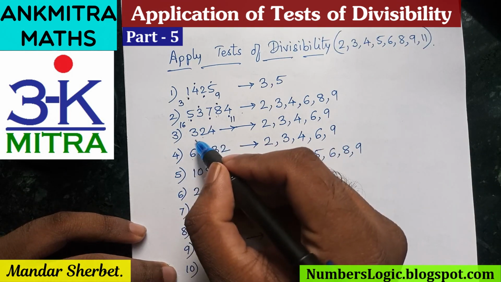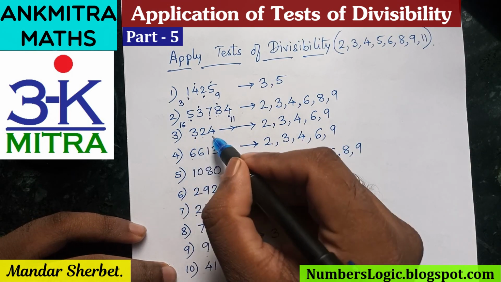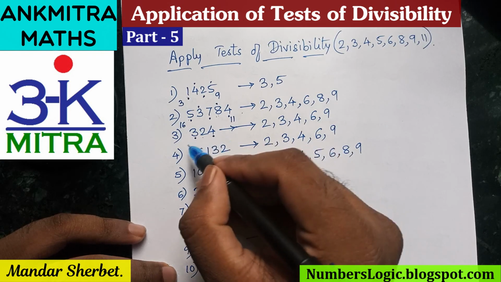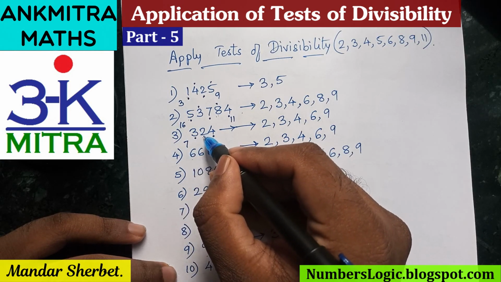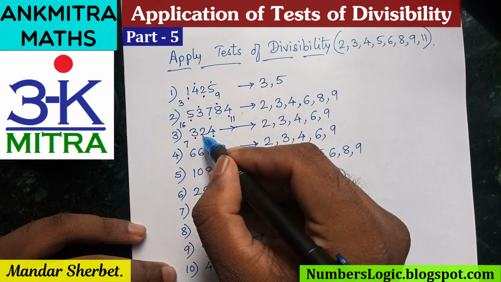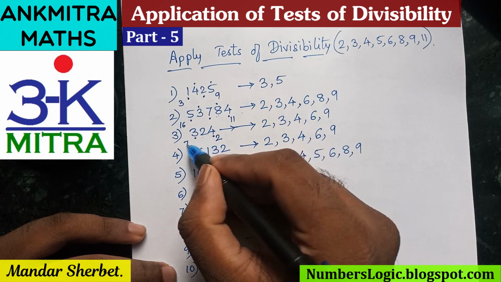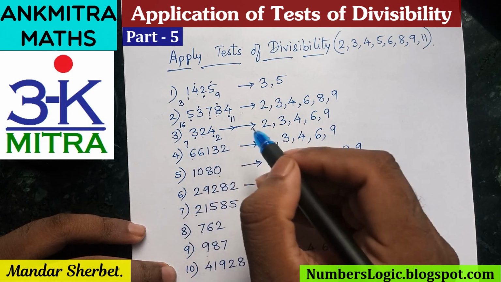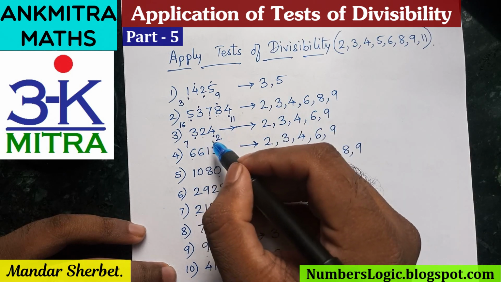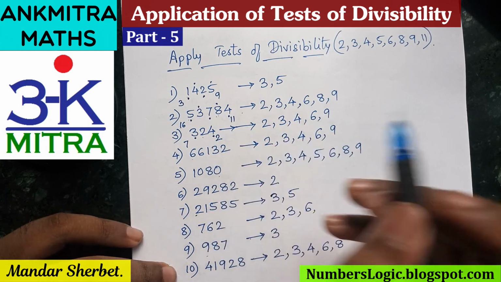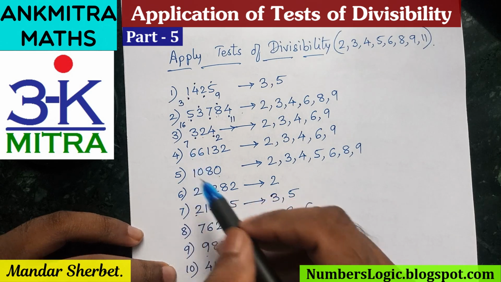For the 324, the first pair is 3 and 4. So 3 plus 4 is 7, and the only remaining number in the other pair will be 2. So the difference between these two numbers is 5. So again this one is also not divisible by 11. Moving to the next number, the fourth one,